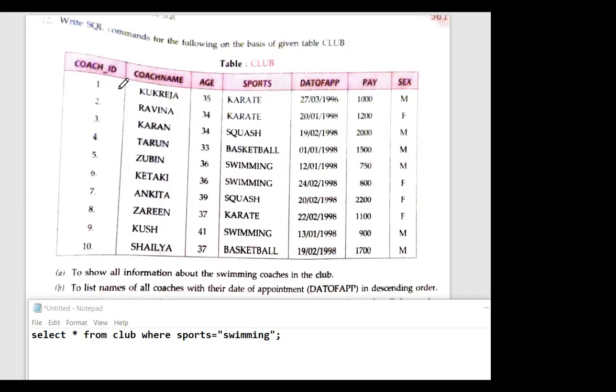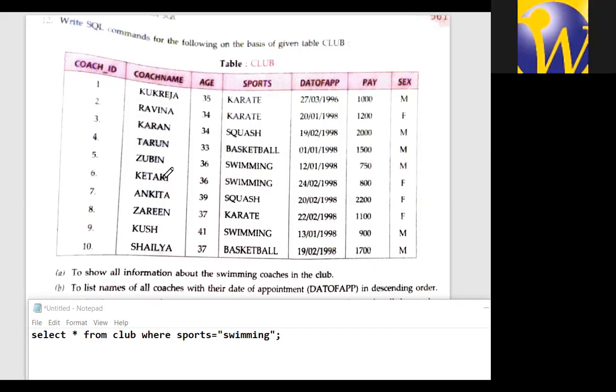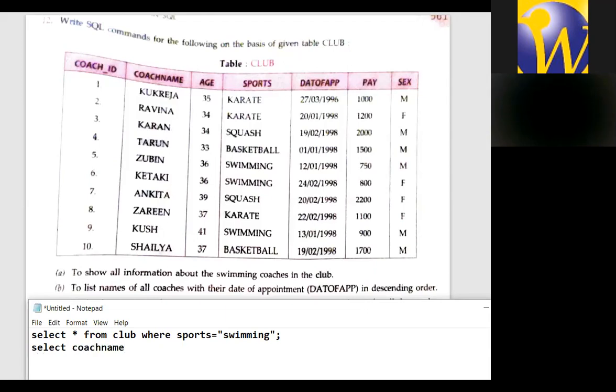Okay, many are facing problem with this question. See, the question is first of all to list the name of all coaches. So the very first thing is you have to list the name of the coaches. Coaches names are given in coach name. So it will be select coach name from club.